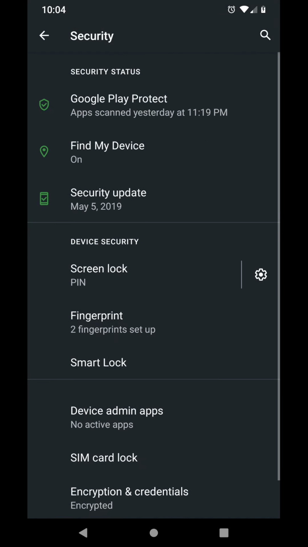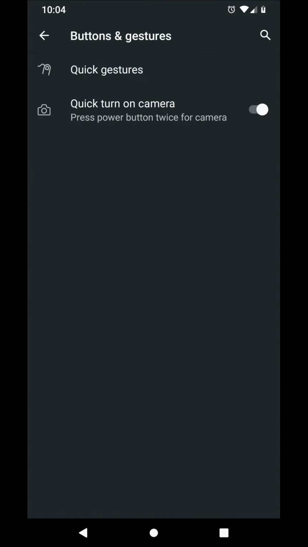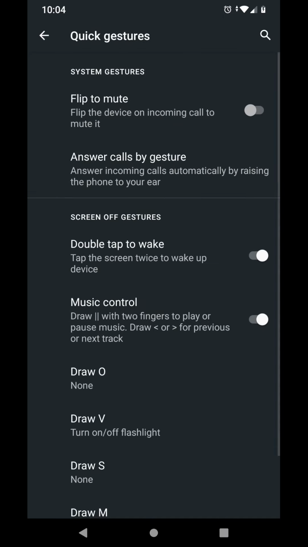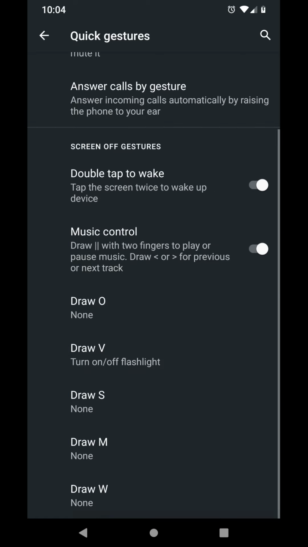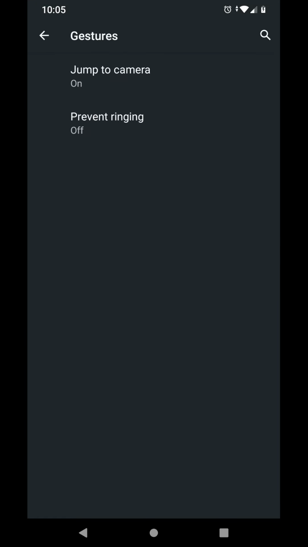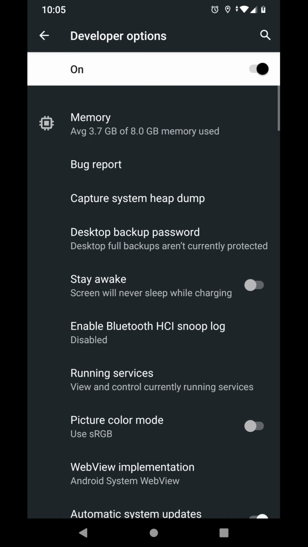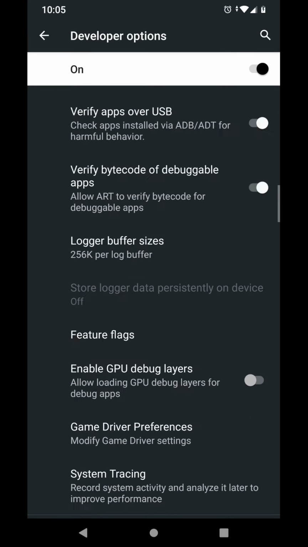So if you go to security, we have the usual here. Smart lock. It doesn't have face unlock yet, so that's missing. Everything else is the same. If we go to buttons and gestures, we only have the camera turn on with pressing the power button twice, and we also have the usual OnePlus options here. And if we go back out, we go to system. Under gestures, we only have those options. Yeah, that's it. And if we go here and we go to developer options, what I found, if you go all the way down here,